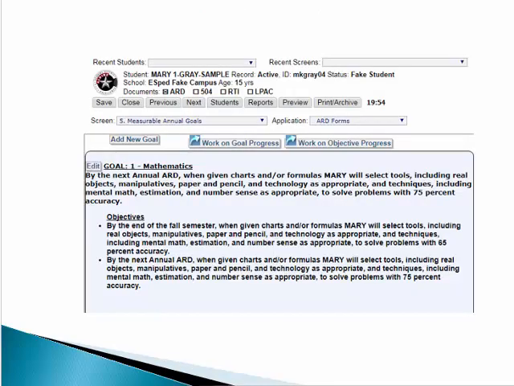Now, to print. You can print several ways from here. One is you can go up to the top and click on the Preview button. Once the IEPs with the goals or objectives come up as a PDF, you can either right-click and select Print, or move your mouse to the top corner and select the little printer icon when it comes up. Another way that you can